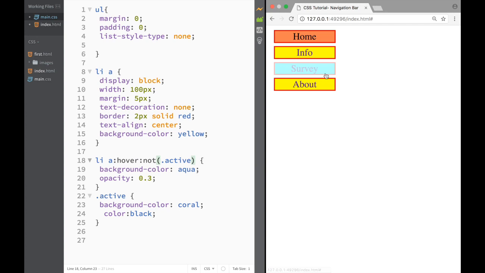So over here, as I go back, now you can see that as I'm hovering, nothing is happening. And this is how we would get rid of this effect over here, the fact that as I'm hovering over, I'm not disturbing this